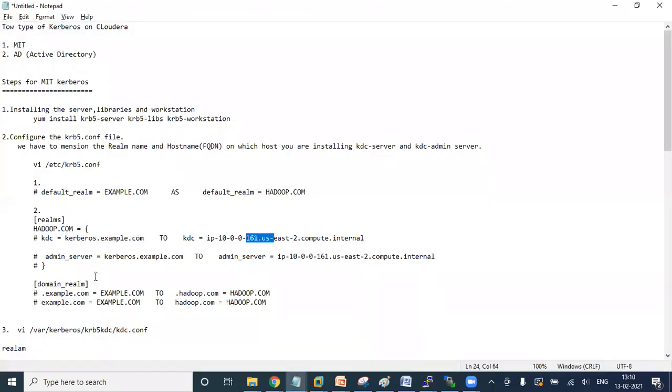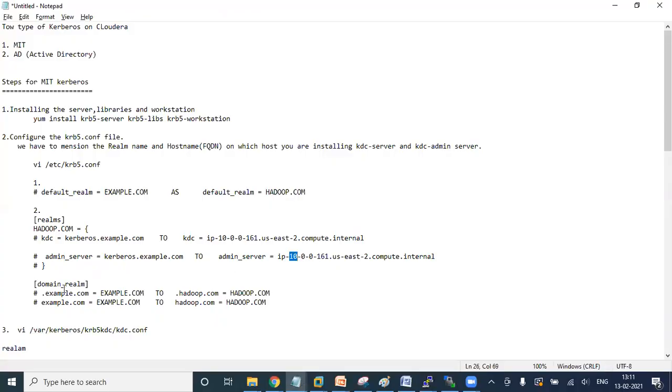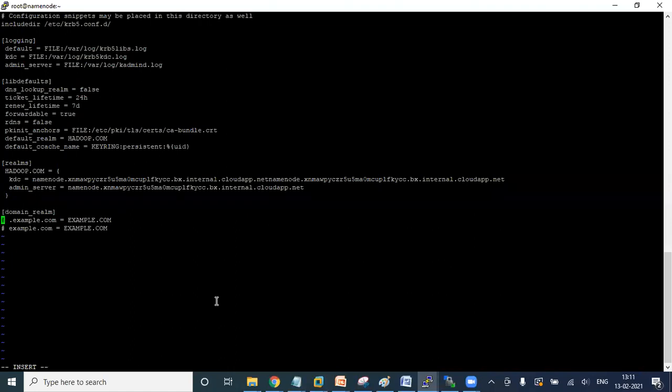The next step is to provide the admin server, where we define our admin server host name. Below you can see here, I'll comment this. Similarly, for the domain realm, we're going to do the same thing and replace it with our realm name.